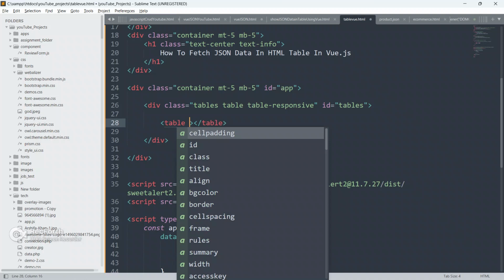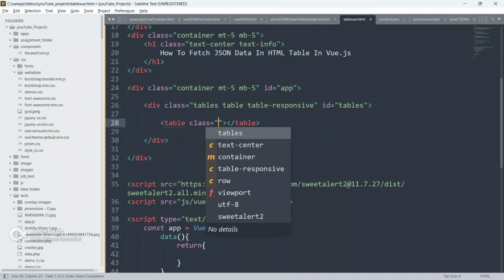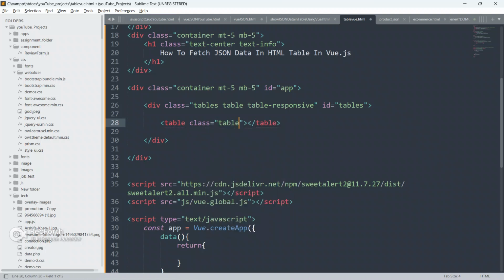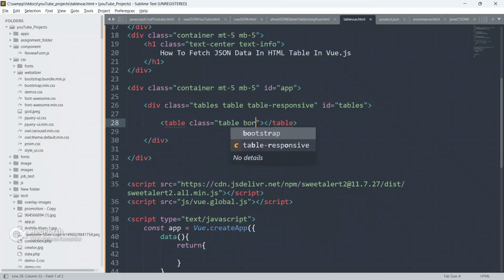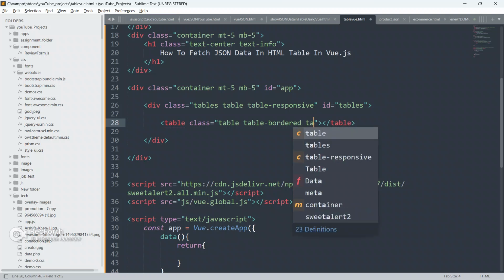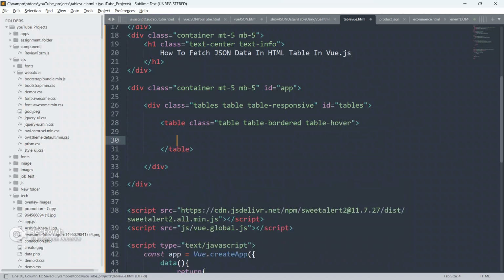Inside the table I am going to give some classes also: table, table-bordered, and table-hover.